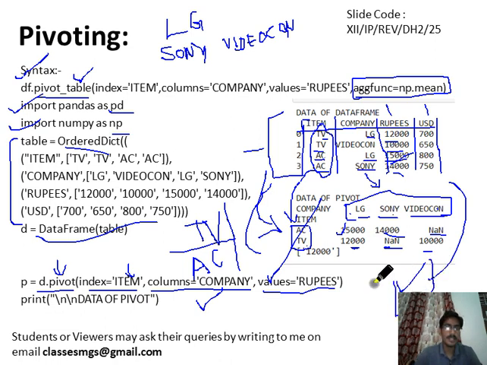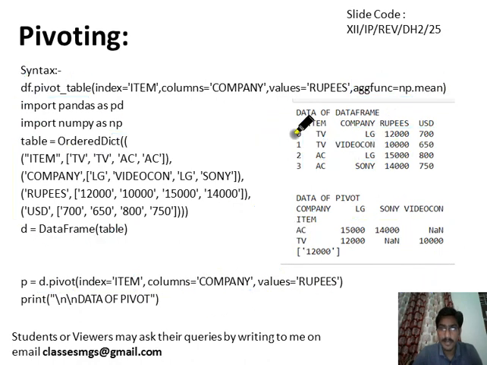Okay. So this is the example of the pivot method, and now let us suppose there is a duplicacy. For the purpose of explanation I am changing the original data frame data and explaining it with the pivot table method also. So let me erase whatever I have written here, and now I am changing this data frame. Let's suppose I am changing this AC to TV. Okay, yeah, so this is TV.